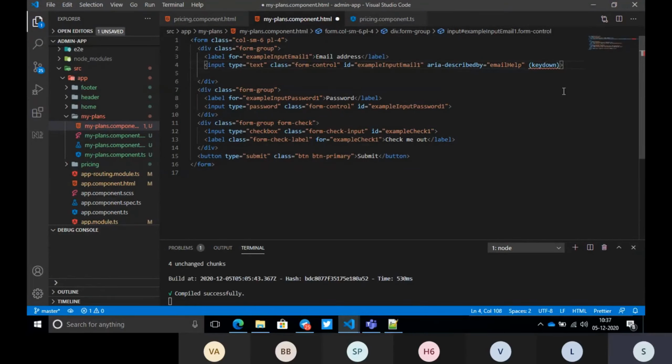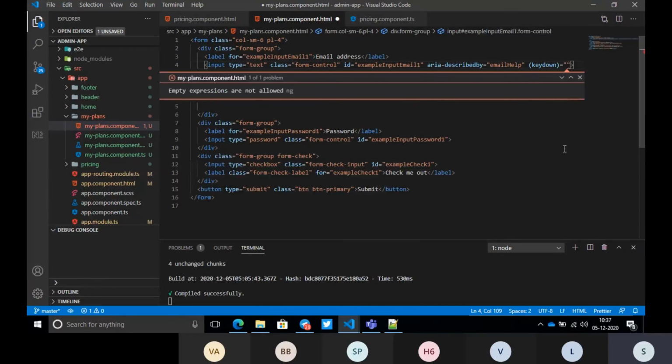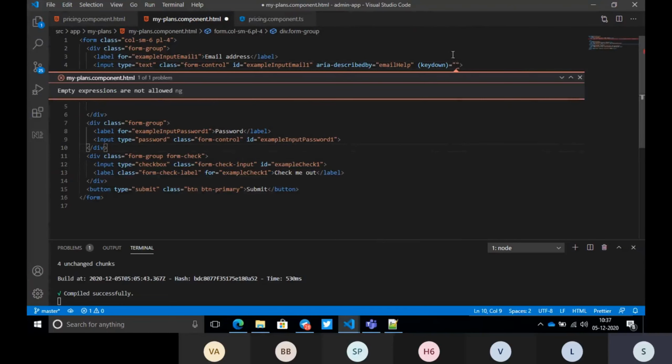Once key down is there, what I want to know is whatever they are typing, I just want to get the value, right? I will type handle key down event.